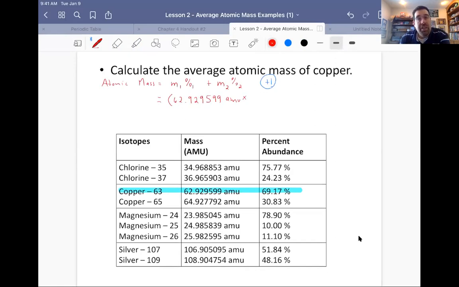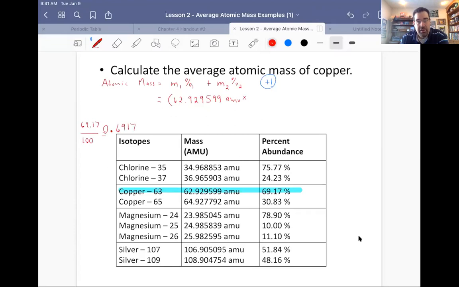The percentage is a number out of 100. So I'm not going to multiply it by 69.17. I'm going to multiply it by 69.17 out of 100. Just off to the side, 69.17 out of 100 means that we divide that number by 100, which essentially slides the decimal 2 places to the left. And so as a decimal, that's